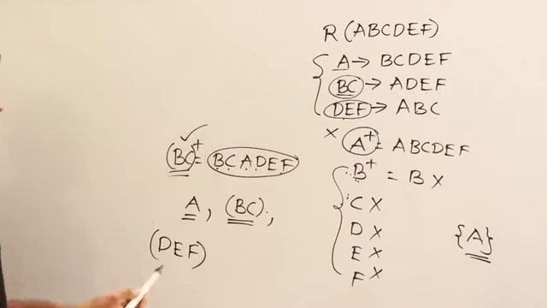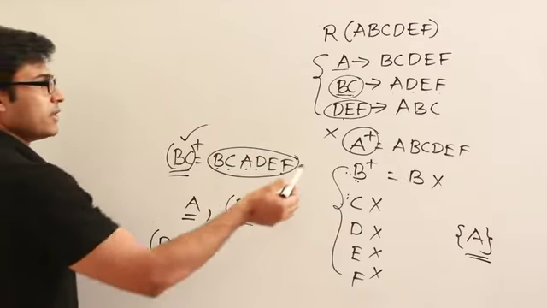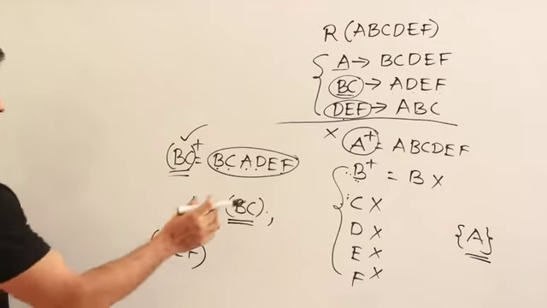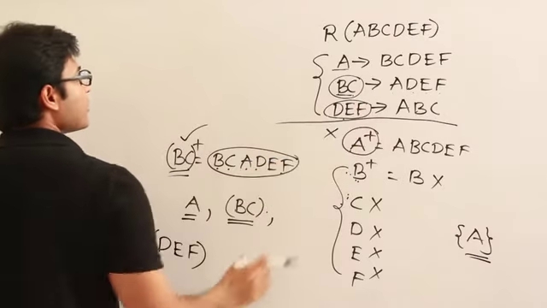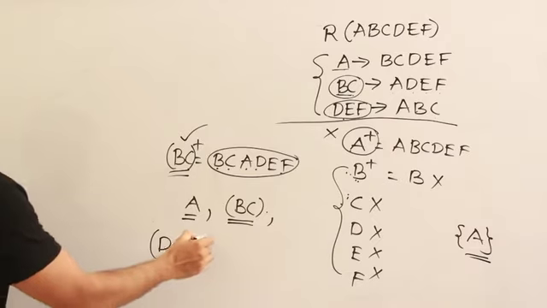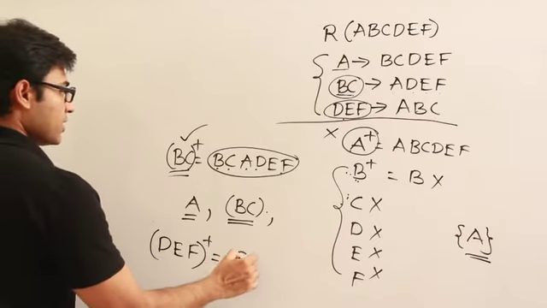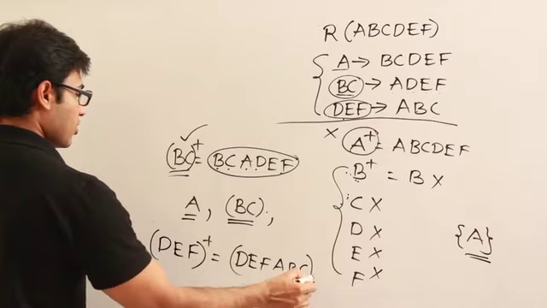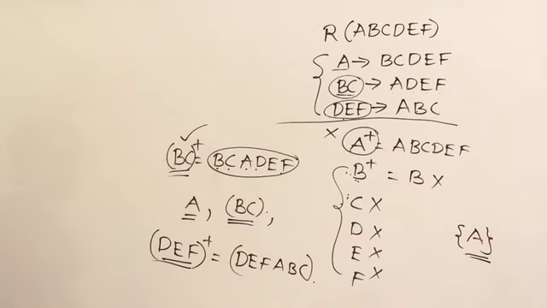If you take any other three combinations, you will not get anything on the closure. The reason is this is the only production which has three attributes other than ABC. So now if you take DEF plus, you are going to get DEF and ABC. So you are going to get everything. I hope you are following. It is a bit logical. I hope that you are following this.